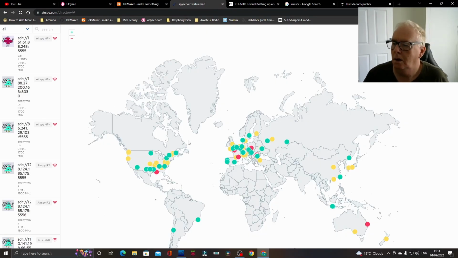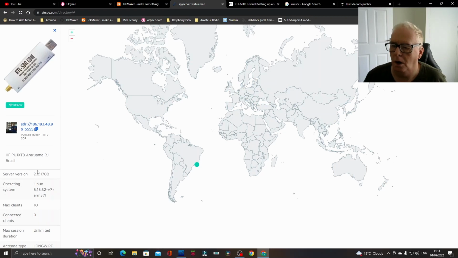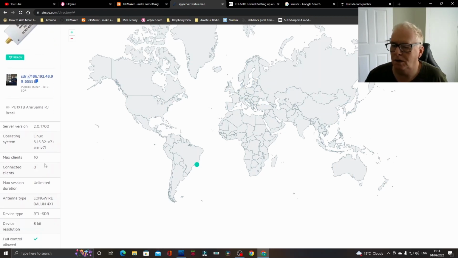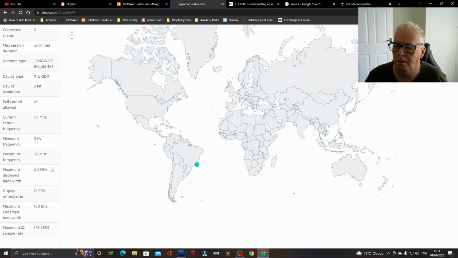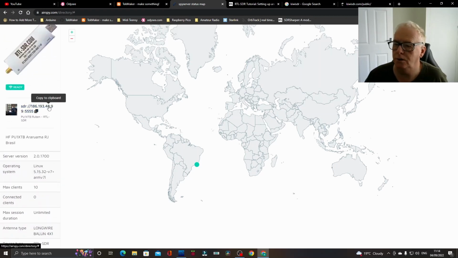AirSpy.com, we can see a map of all the available receivers in the world. All we need to do is to select one, have a look. It doesn't matter what operating system it's running on because we're doing it over TCP. Now, they don't all cover all bands and they don't all have suitable aerials. All we have to do is copy that to the clipboard, go to SDR Sharp,